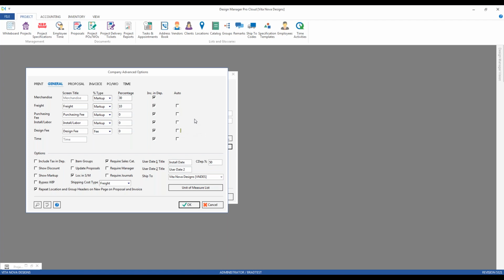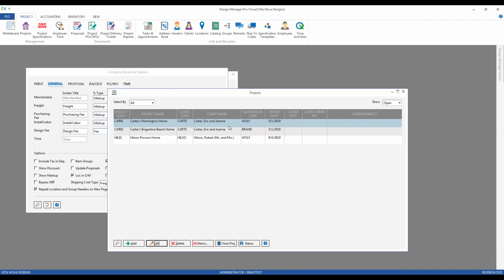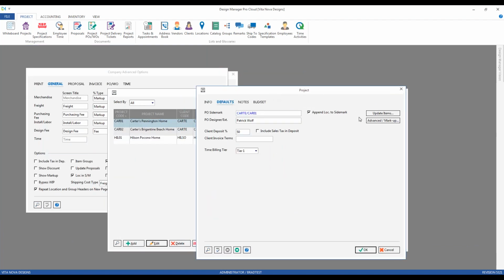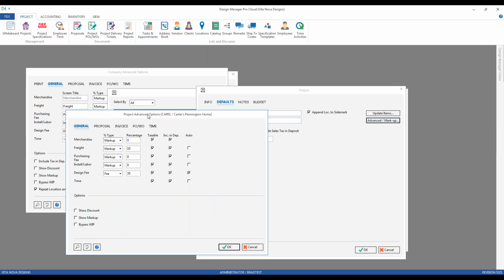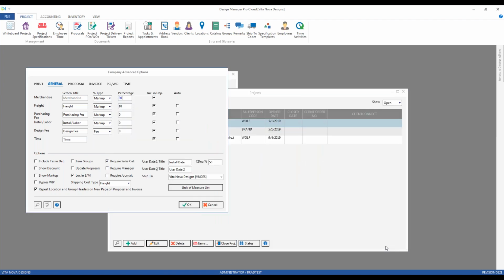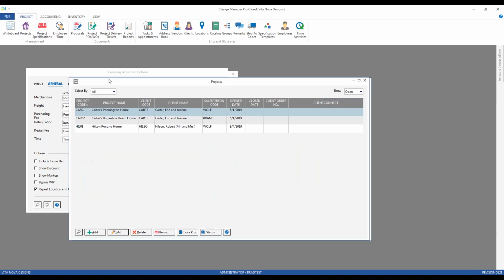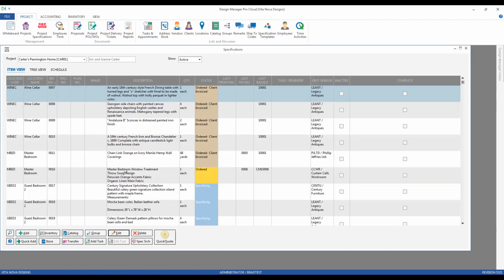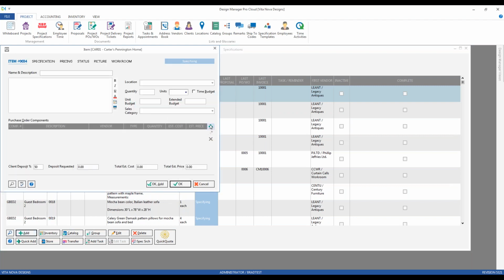Now, I've crafted our Carter project in that method, and I can demonstrate how that works quickly. So we can see I have selected my design fee set to auto for me at 35%. In that pricing model, if we go to the specifications for our Carter Pennington home, and I add a new one, notice on our component window,